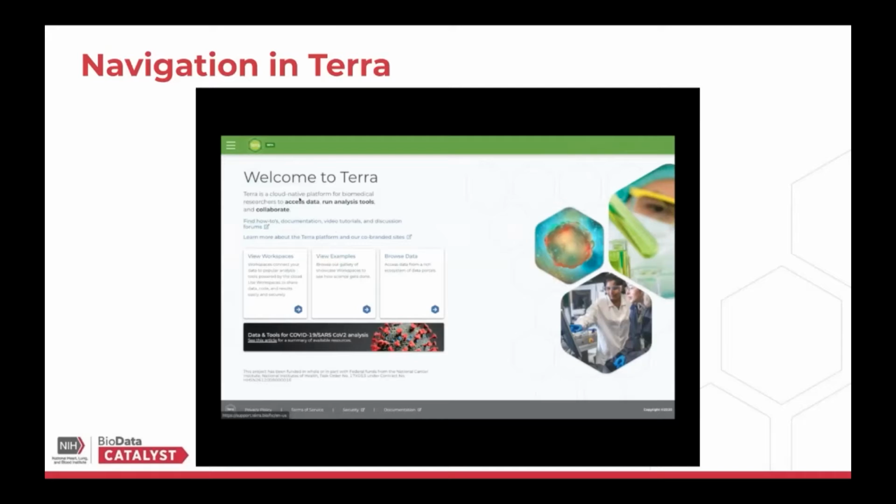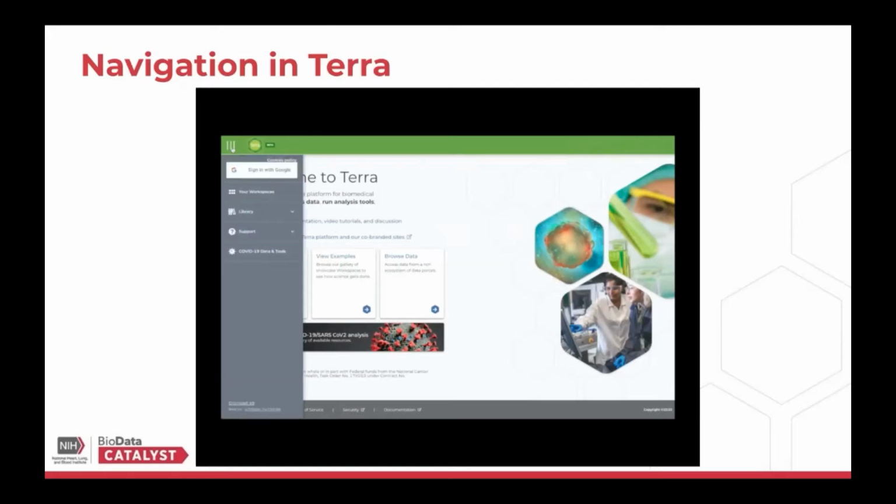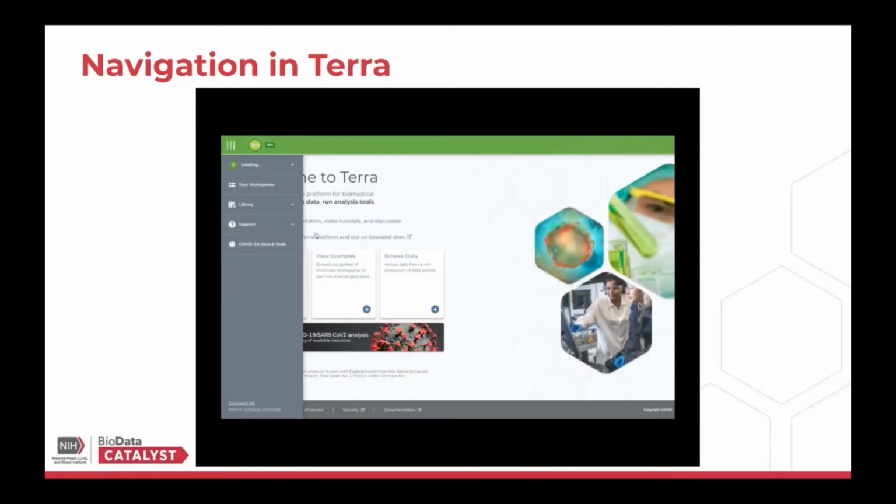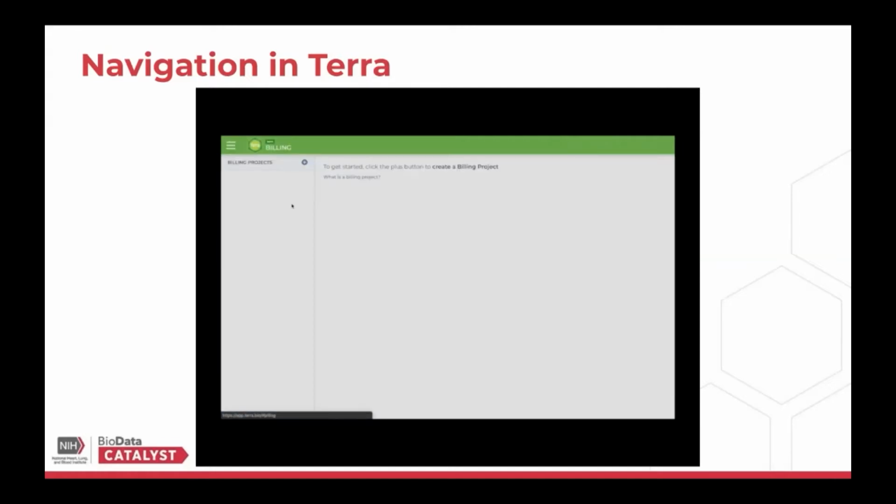At the top left of any page, you can open the menu button to access these and other features of the site. If this is your first time using Terra, sign in and follow the prompts to register your account. Once you've done that, you'll be able to access and edit your profile from within your profile settings. You can also manage privacy and sharing through your group access settings, or change billing information in your billing settings,